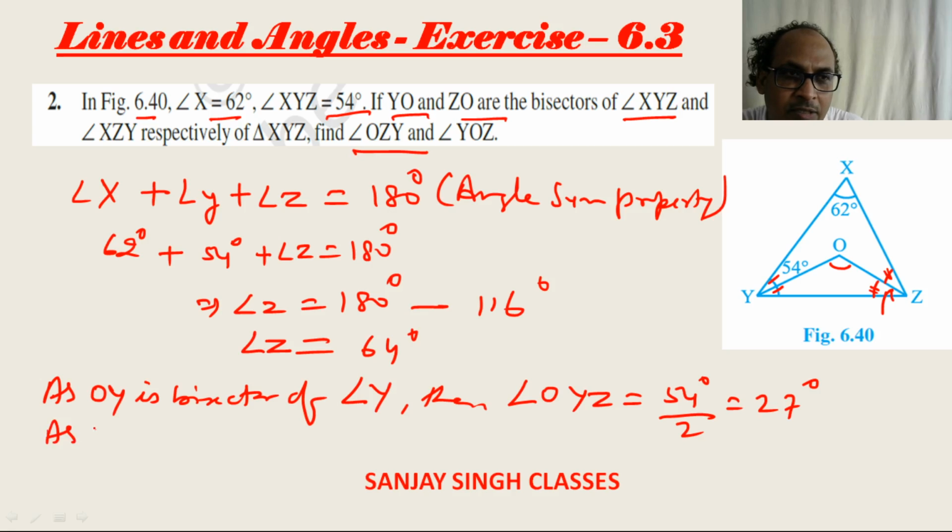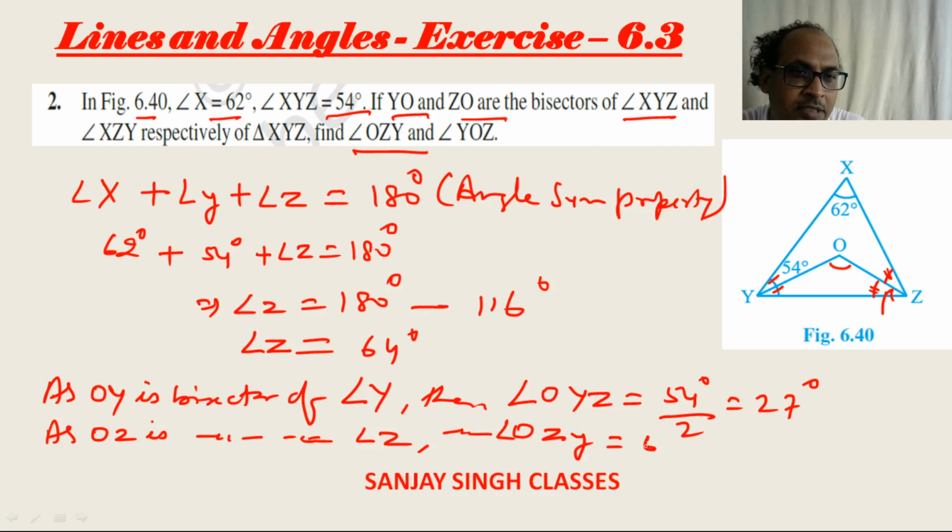Similarly, as OZ is the bisector of angle Z, angle OZY will be 64 degree divided by 2, it will become 32 degree. Again using the angle sum property, so angle sum property of triangle OYZ. In triangle OYZ, we can say that angle